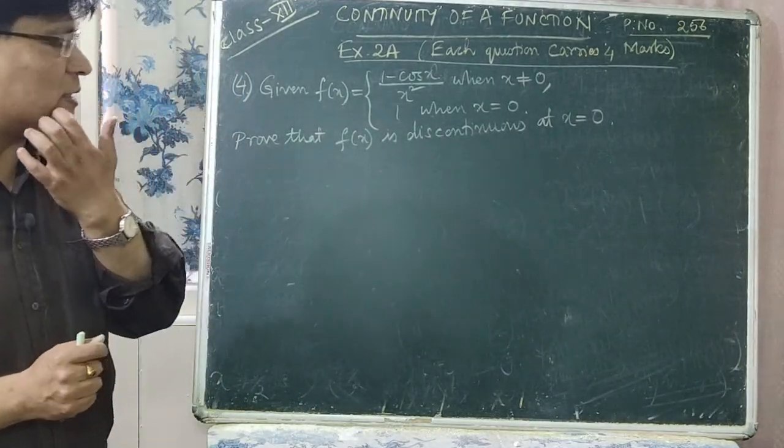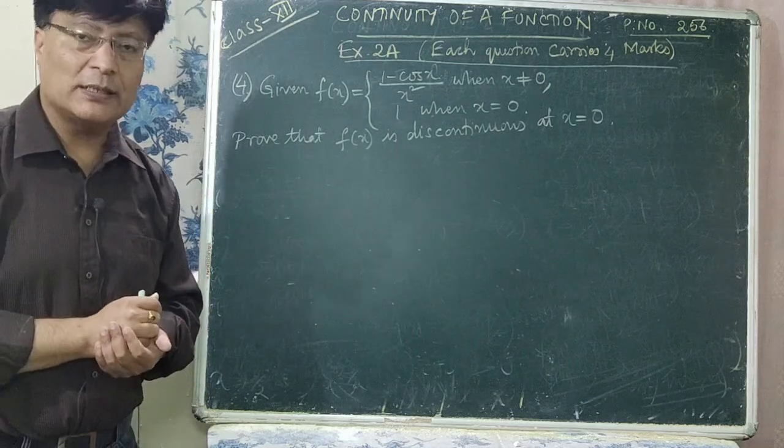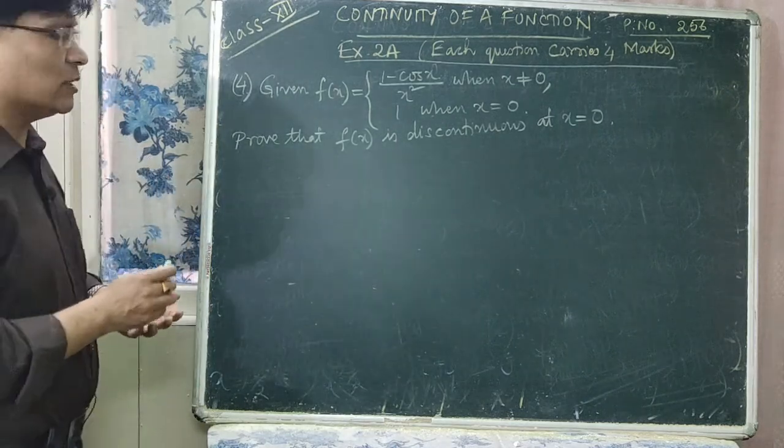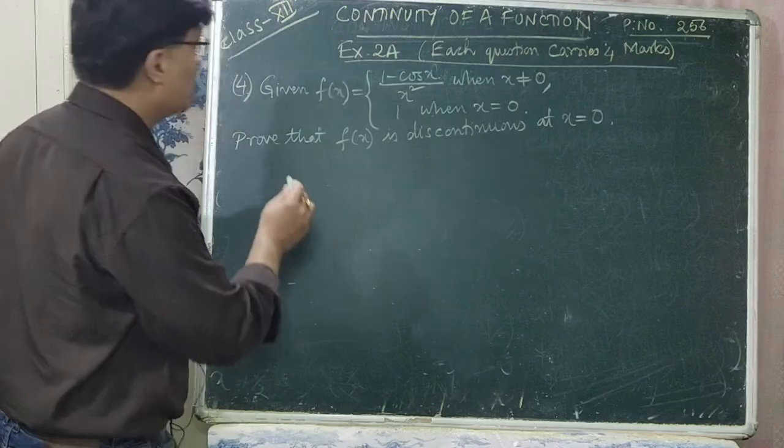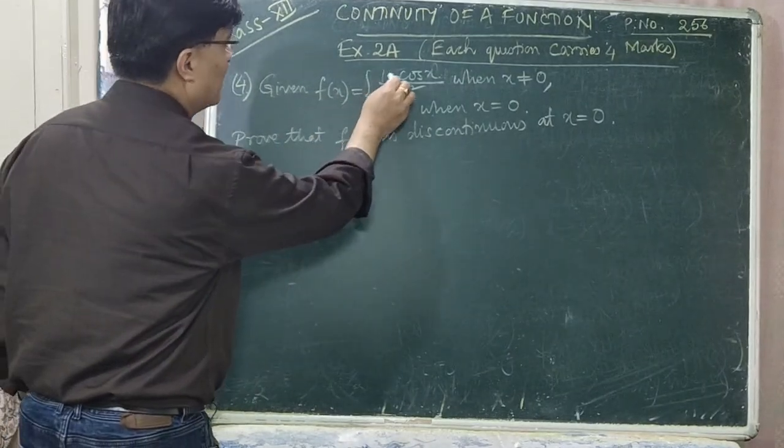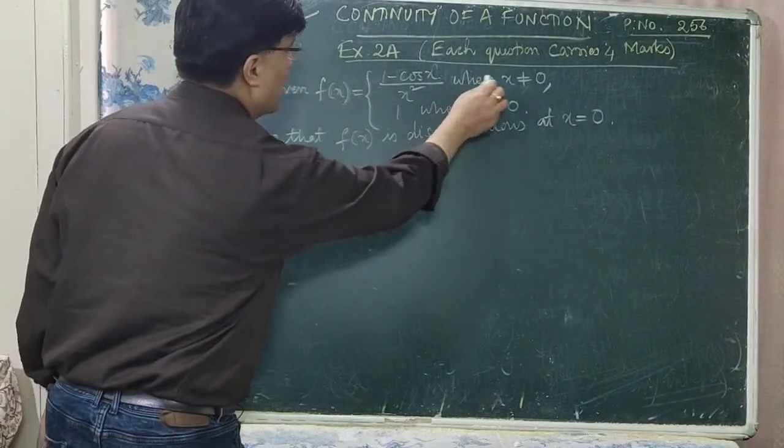So f of x is discontinuous at x is equal to 0, right? So what is the question out here? What is the given function f of x? That is f of x is equal to 1 minus cos x upon x square when x not equal to